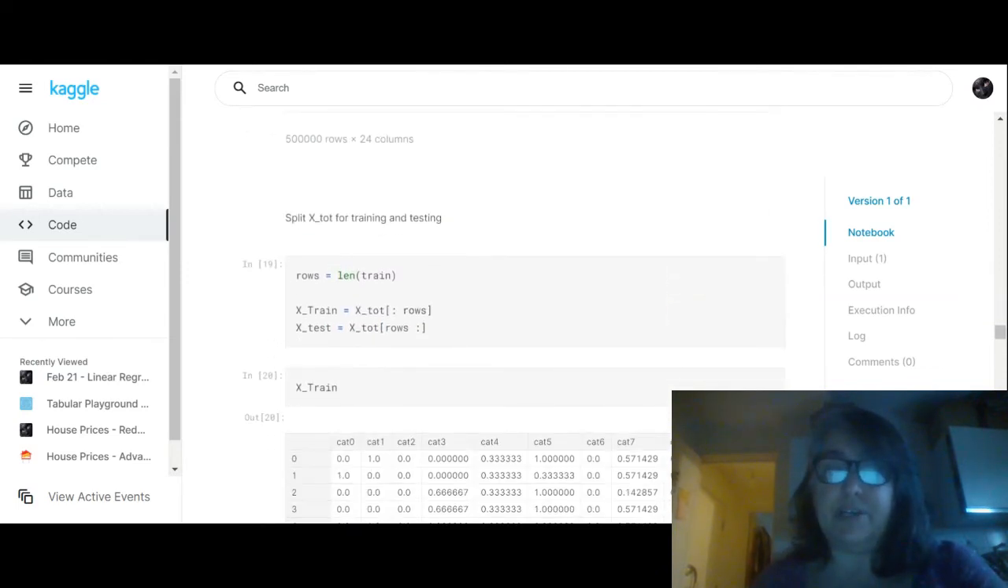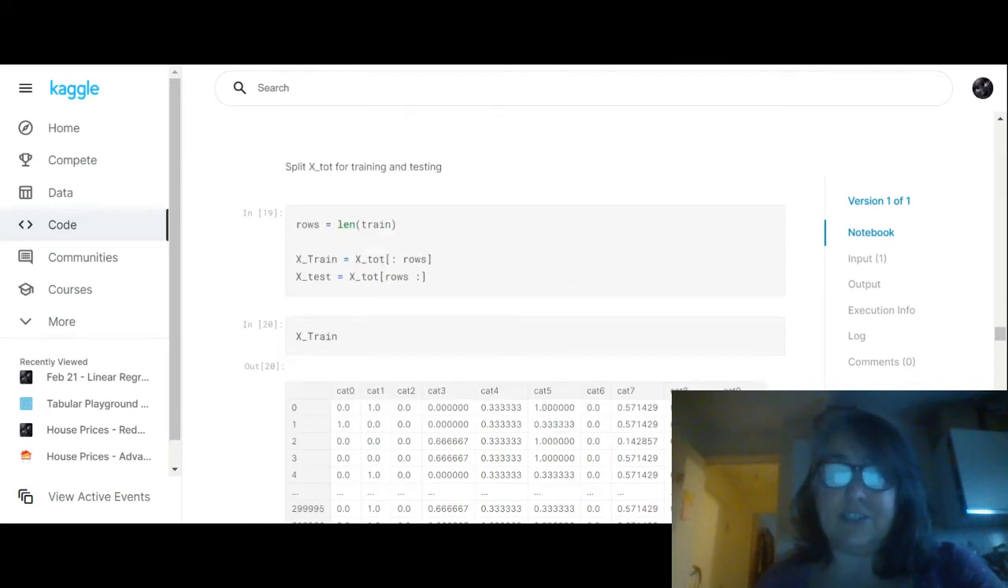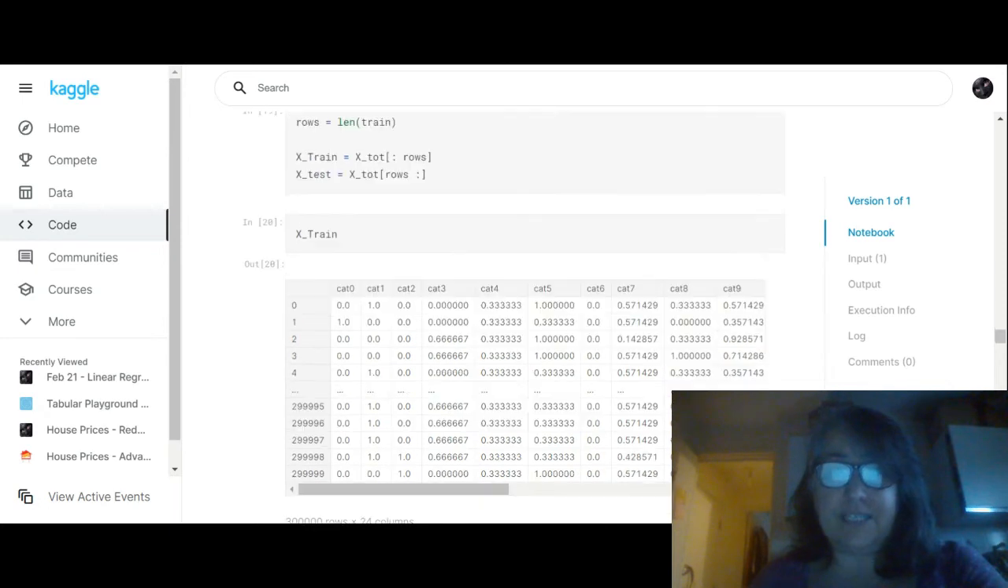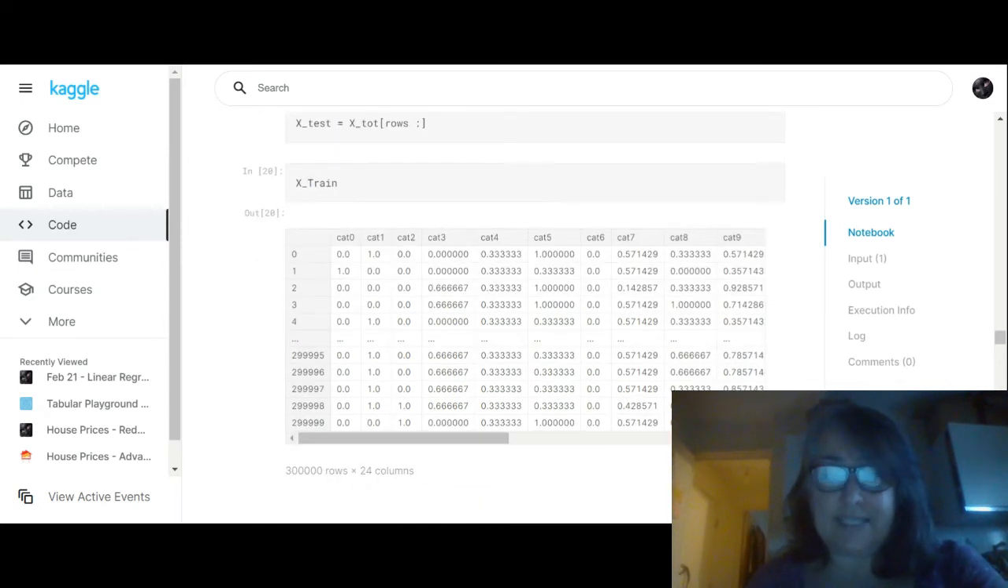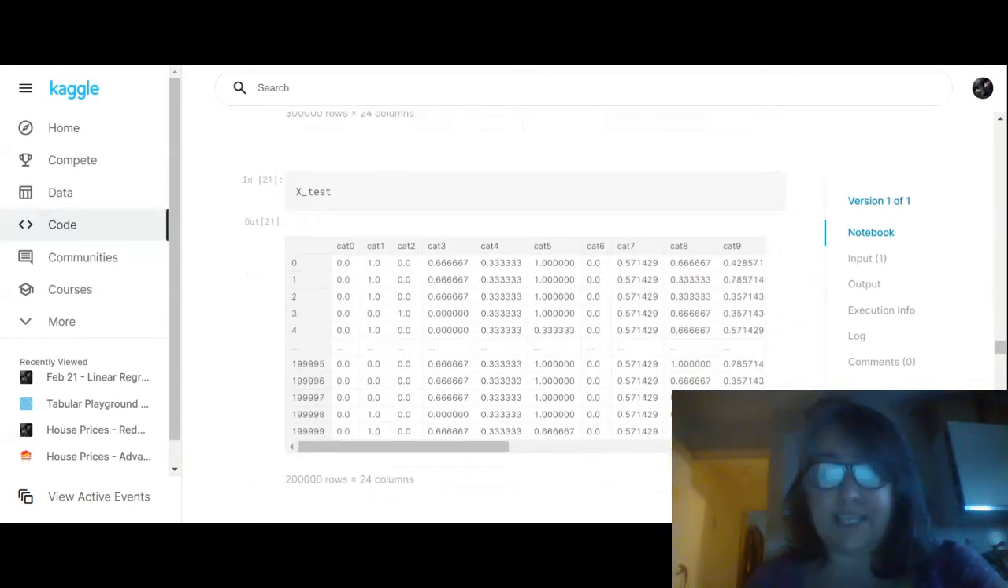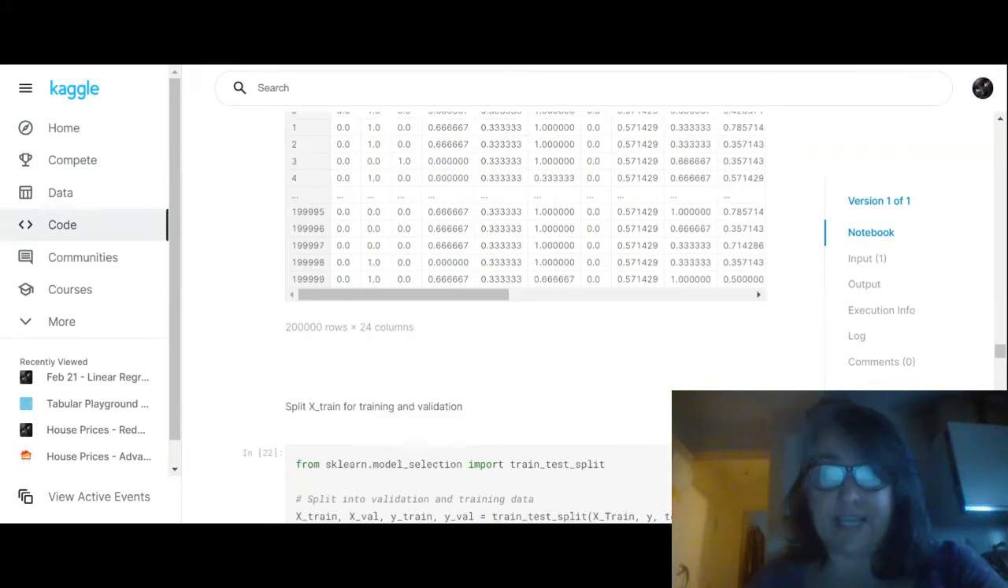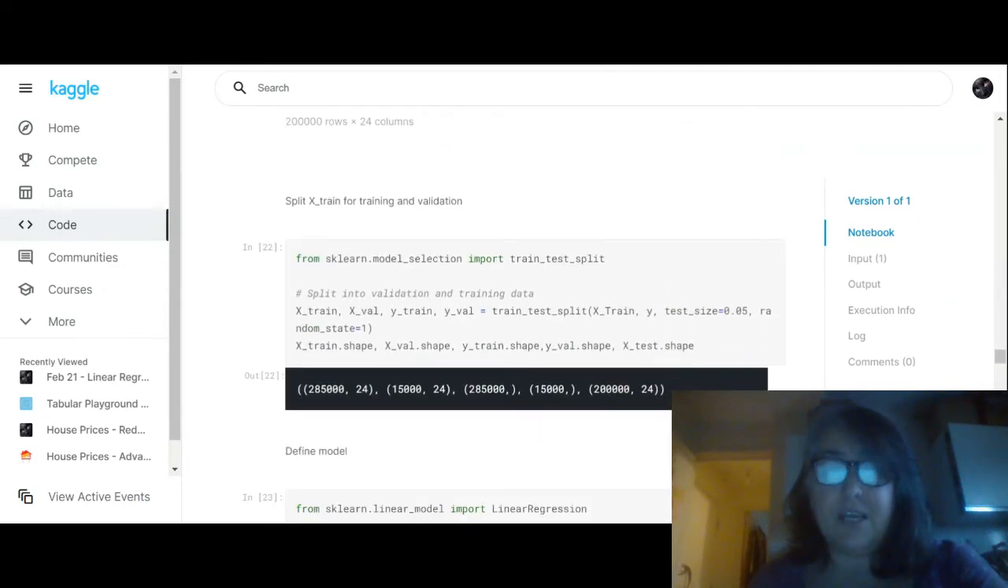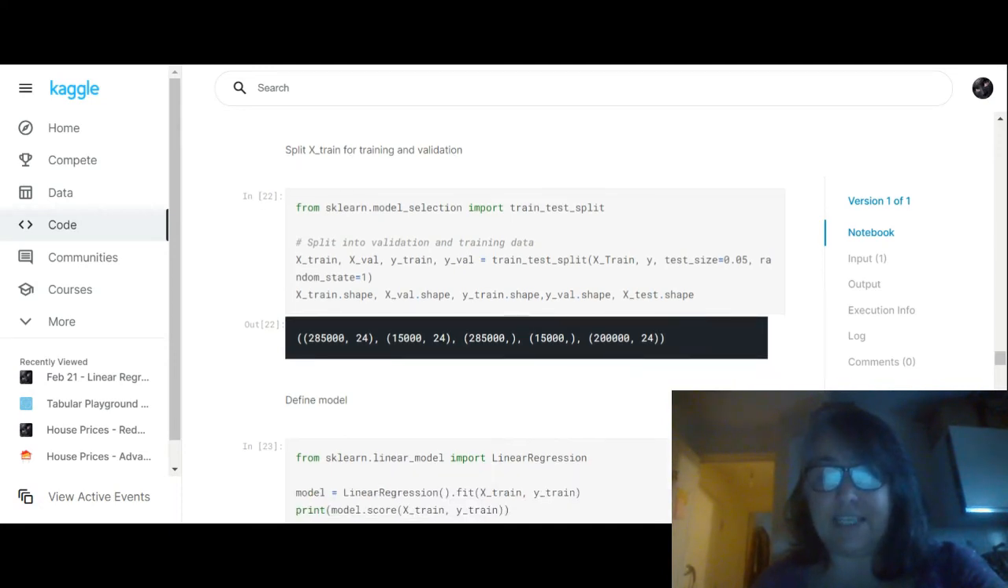Now what we want to do is split up Xtote for training and testing. So rows equals len(train), xtrain equals Xtote[:rows], xtest equals Xtote[rows:]. So now you can see xtrain is again only 300,000 rows, and xtest is 200,000 rows. Now we're going to split our xtrain for training and validation,